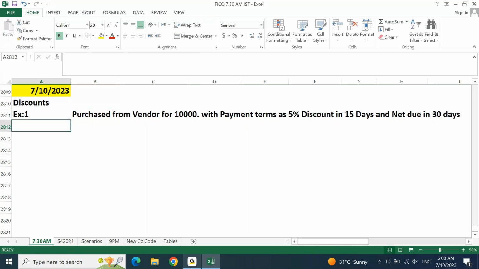Let's say this is an example wherein we purchased from vendor for 10,000 rupees worth, which includes a payment term of a 5% discount if you make the payment within 15 days. And if you cross 15 days and you are paying within 30 days, which means from 16th day till 30th day, you will have to make the full payment. If you are making payment from day 1 till day 15, you are eligible for 5% discount. From 16th day till 30th day, you are not eligible for any discount. You must make the full payment to the supplier. Whenever you talk about discount, your discounts are straight away determined based on the terms of payment. Let me write here